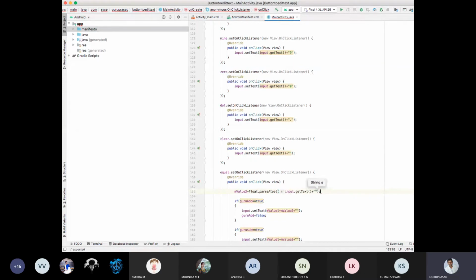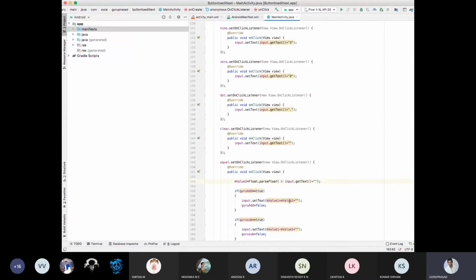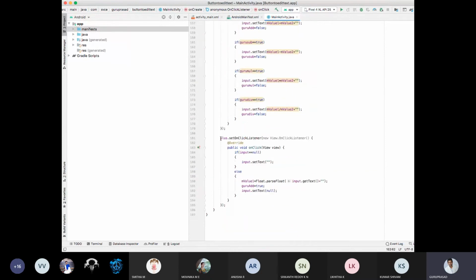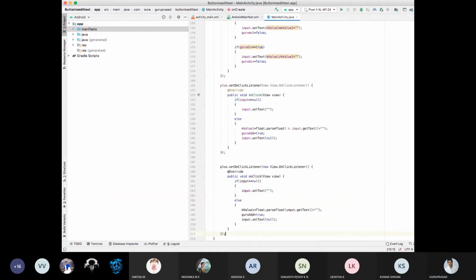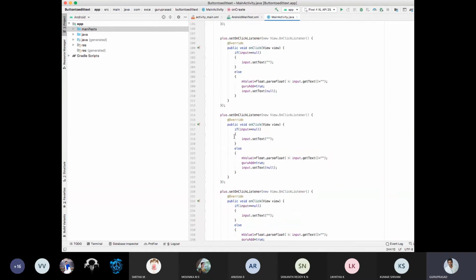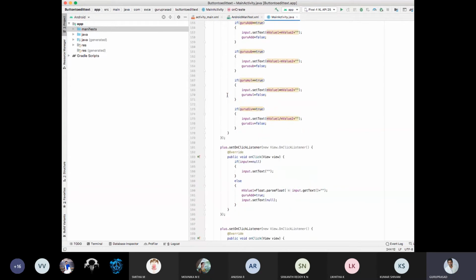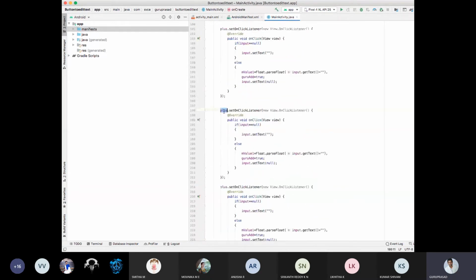So m value 1 plus m value 2, it is happening. Now plus symbol over, again like that, minus symbol. So I'll just copy paste it. Now plus addition over, one addition is over. Next minus, input text m value 1, guru subtraction is equal to true. Clear?